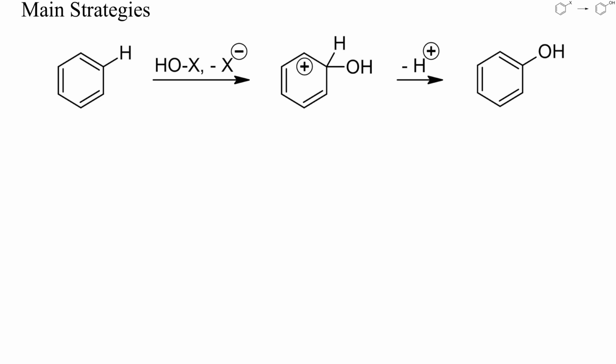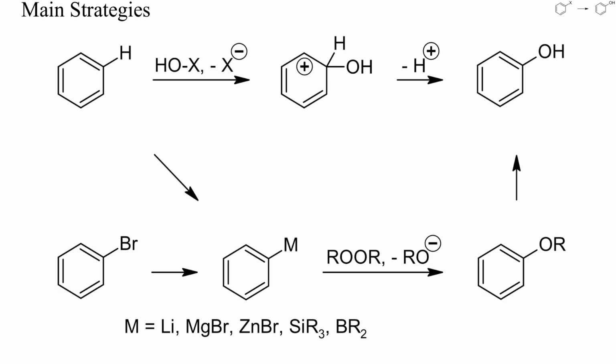Electrophilic hydroxylations can be conducted under acidic conditions with electrophilic hydroxylating reagents, for instance hydrogen peroxide. A cationic intermediate is formed, and such reactions work particularly well with electron-rich arenes. Arenes may also be metalated, either directly or by halogen-metal exchange. Treatment with an electrophilic alkoxylating reagent can then yield a protected phenol.